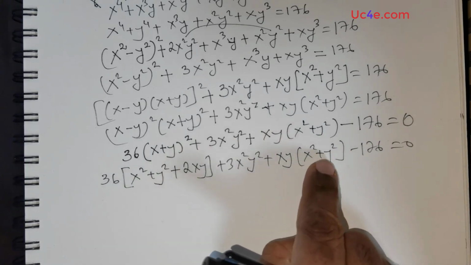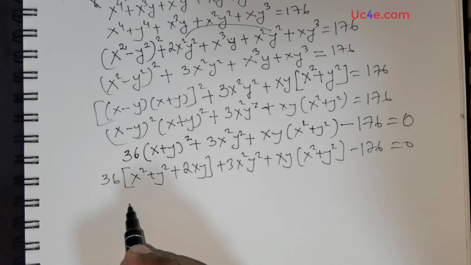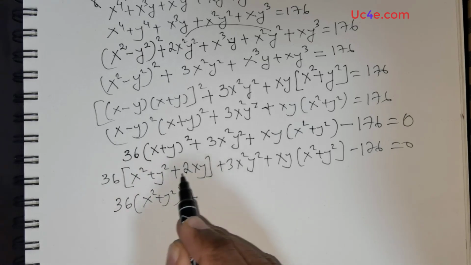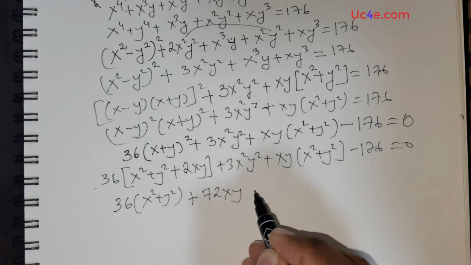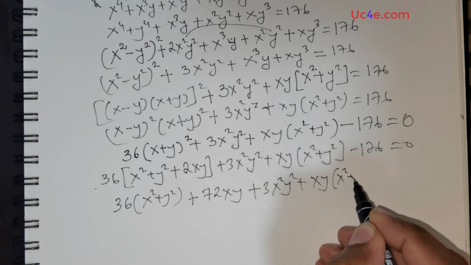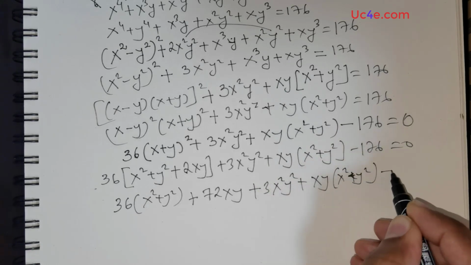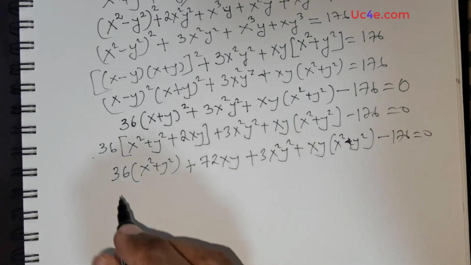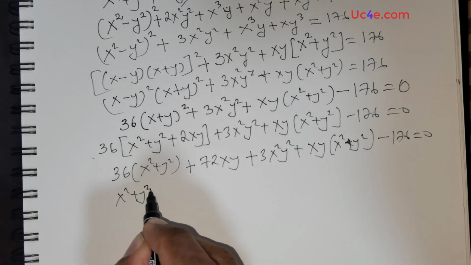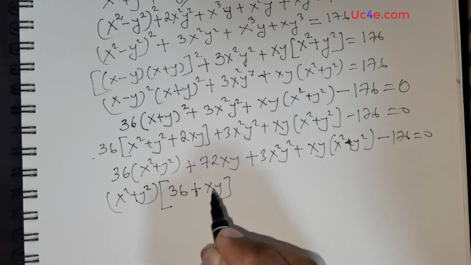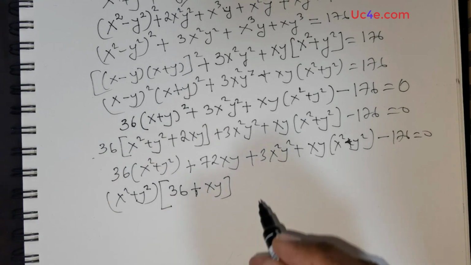My main idea is to club this with this. So now if I were to distribute 36, this would be 36 times x squared positive y squared positive 2 multiplied with 36 would be 72 x times y positive 3 times x squared y squared positive xy times x squared positive y squared negative 176 is equal to 0. So now we can club these together, and thereby I would take x squared positive y squared out. That would give me 36 positive x times y. So that is the reason I expanded